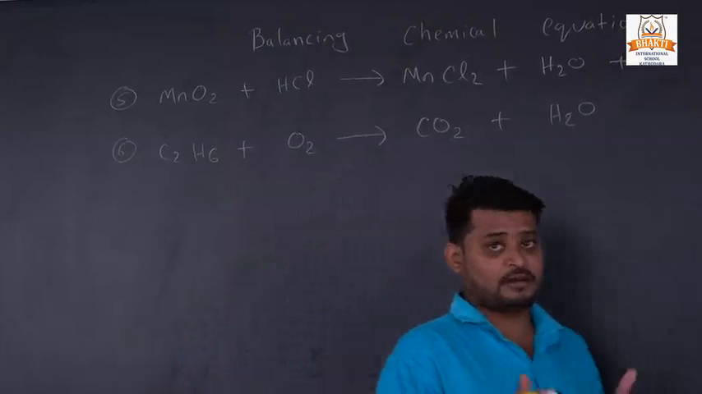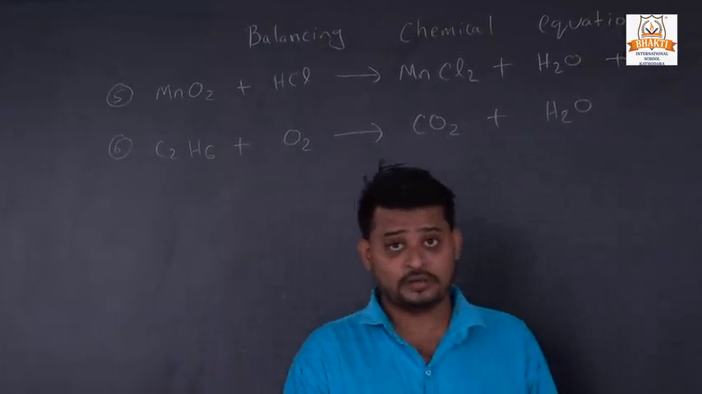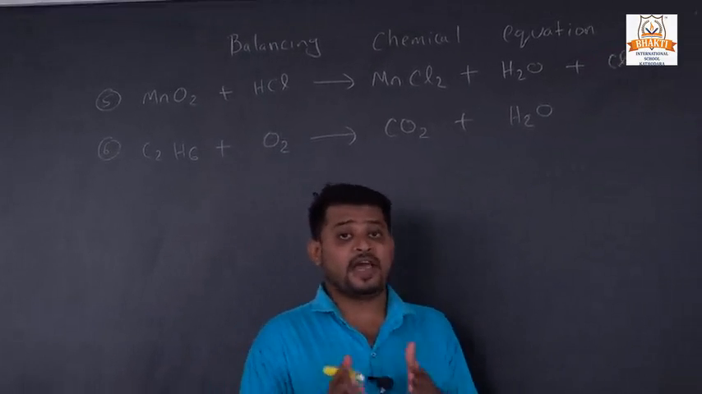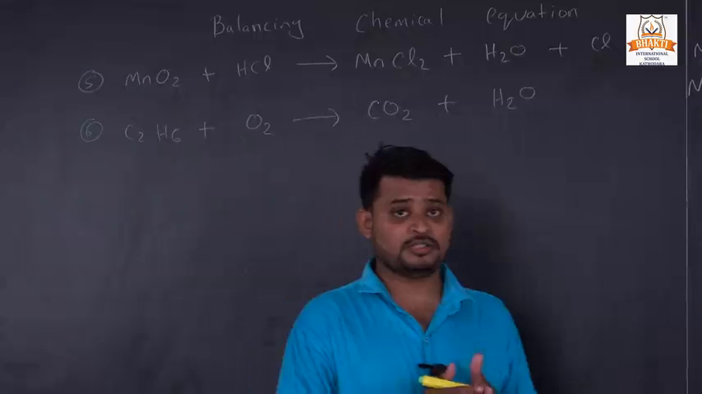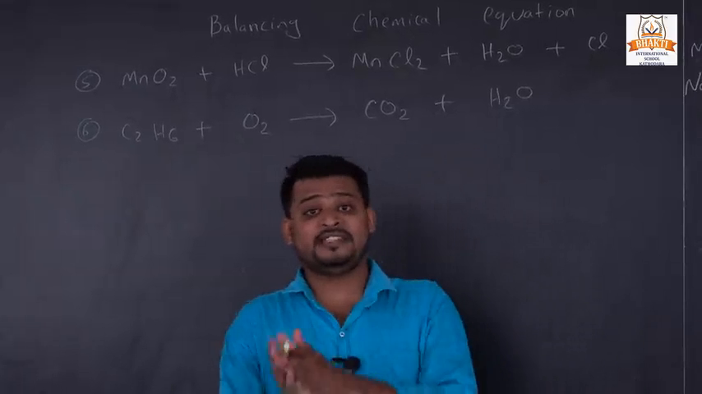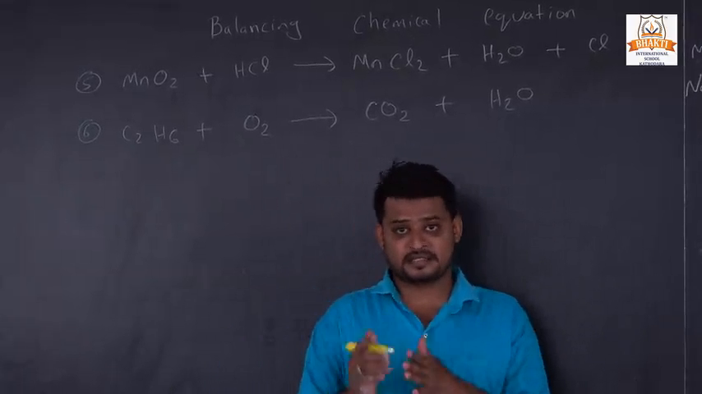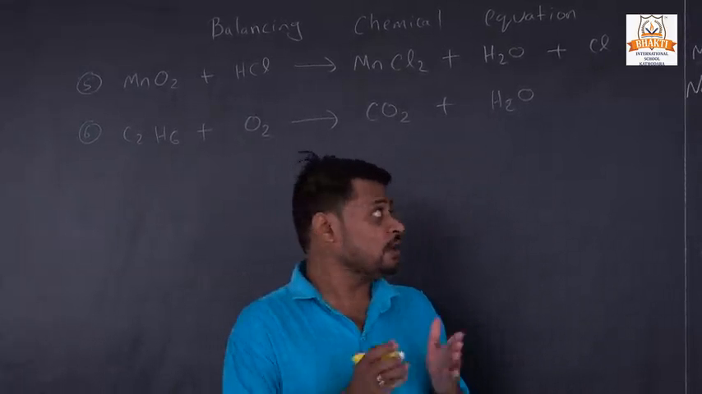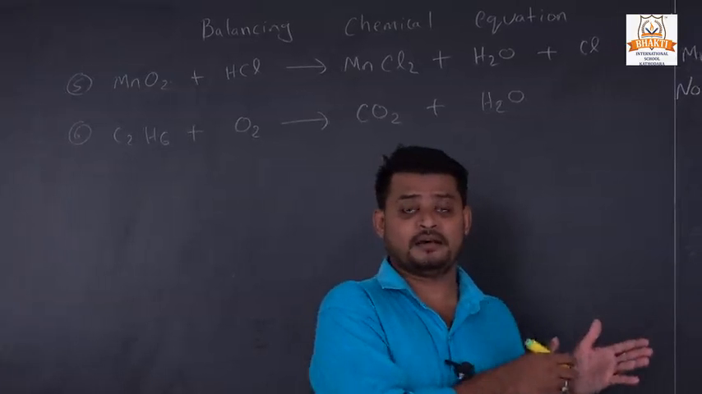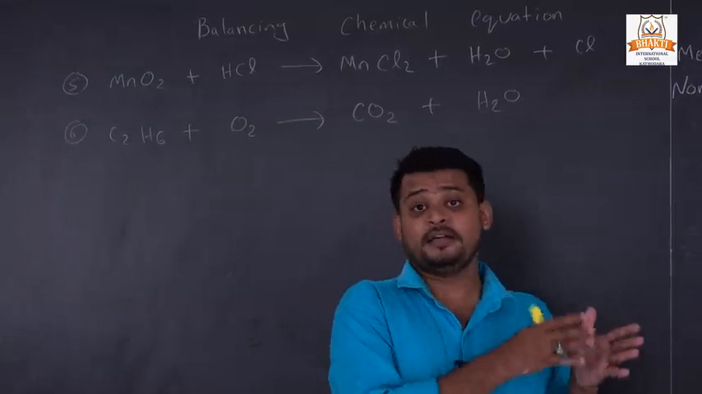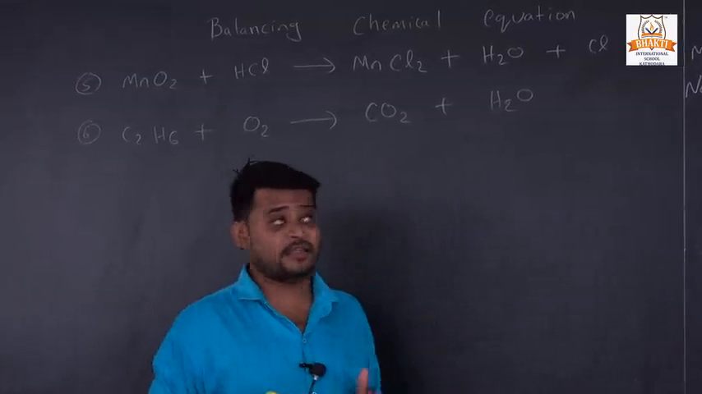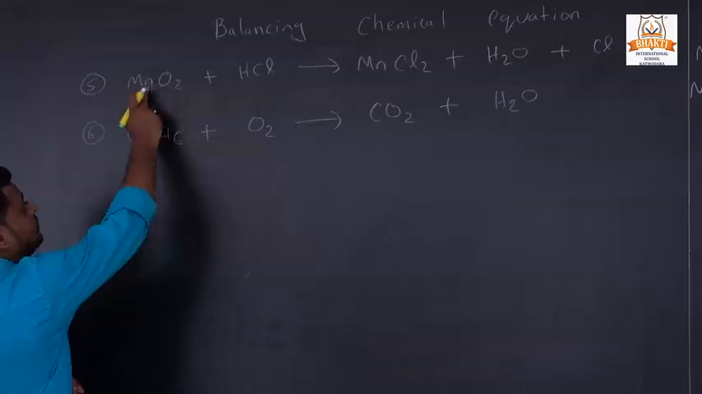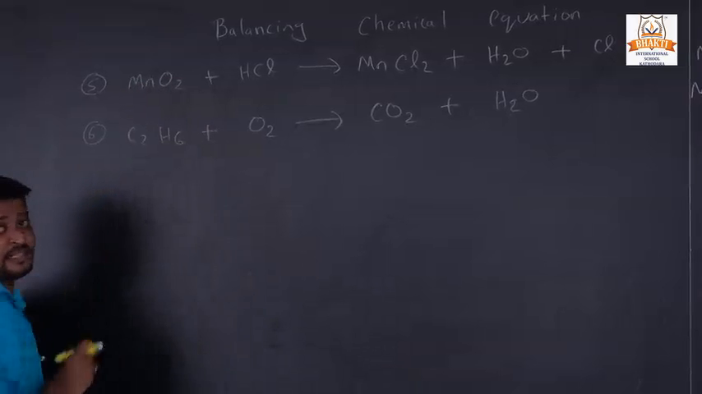First we have to check whether the metal is balanced or not, then whether the non-metal is balanced or not. If we change any molecules in the non-metal, we have to check the metal again. This is the lengthiest way, but it is easy. If you learn how to balance with this method, then you will do it fast, and this is the shortest way for you. Now see, here the metal is manganese